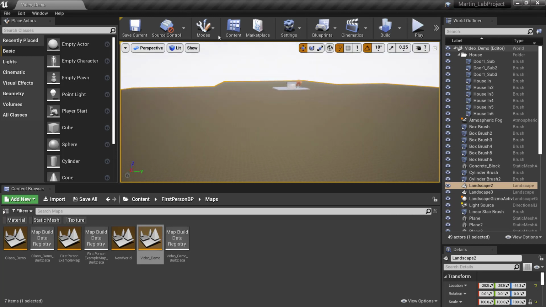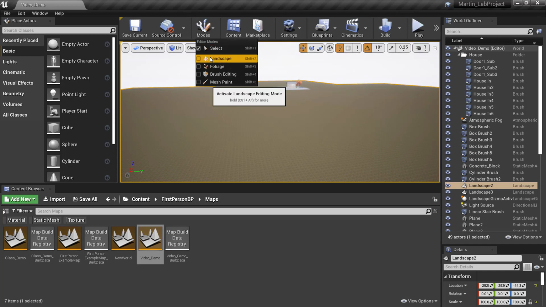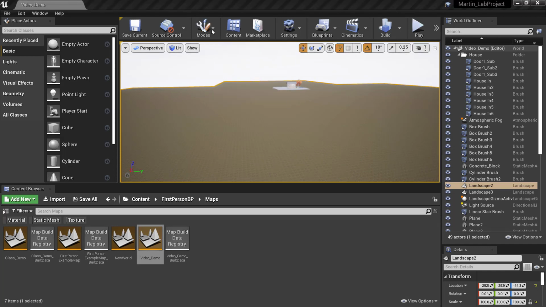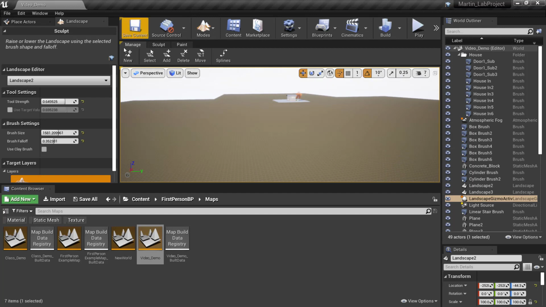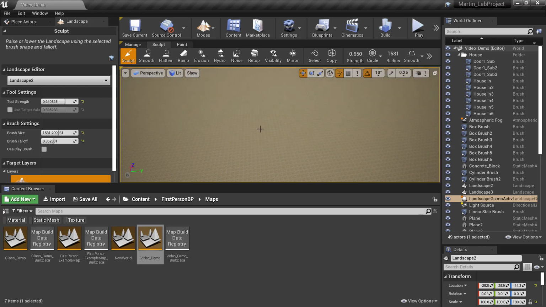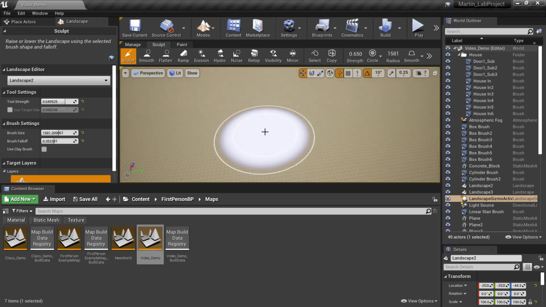What we'll want to do is go up here to modes. We want to go back into the landscaping tool. And this time, instead of being in the manage part, we're going to go to the sculpt. Now, what we should see is what looks like a brush. Really what it is, is one outside circle, which is solid, an inside circle, which has a soft edge to it, and then a hash mark in the middle,